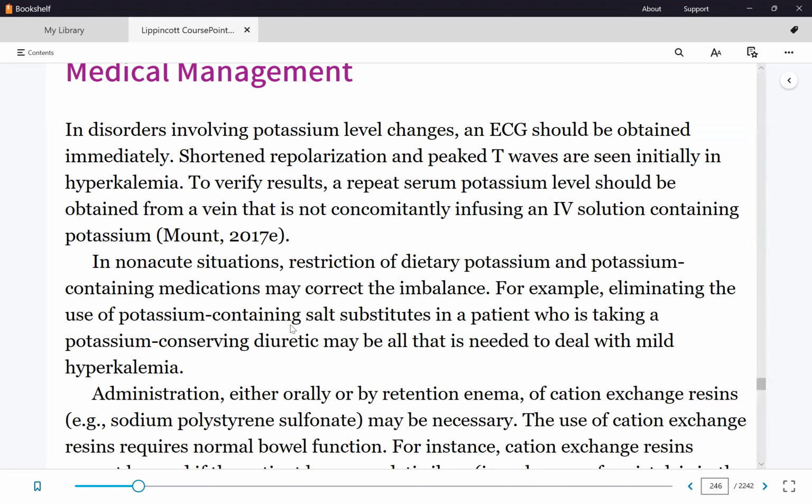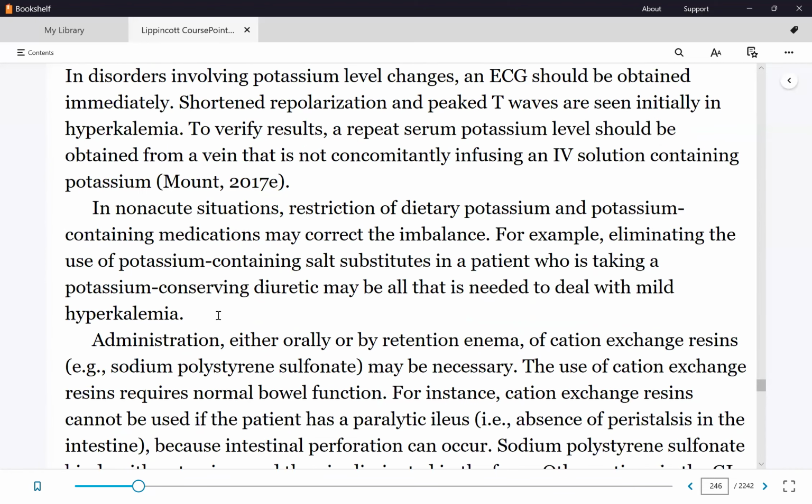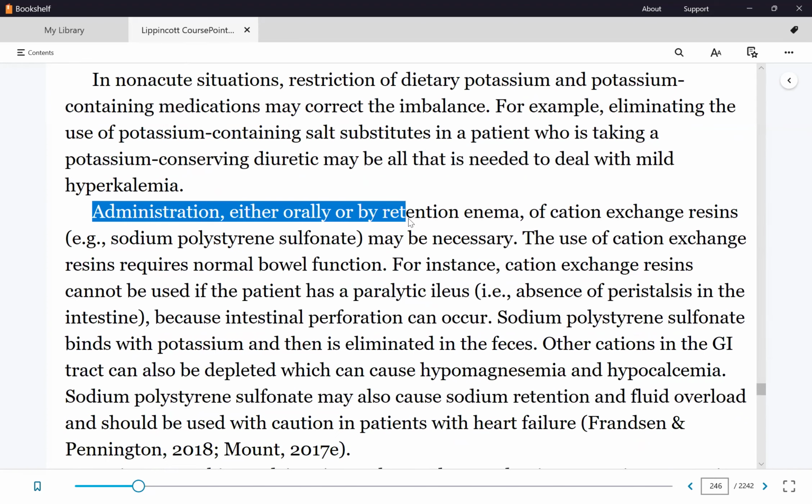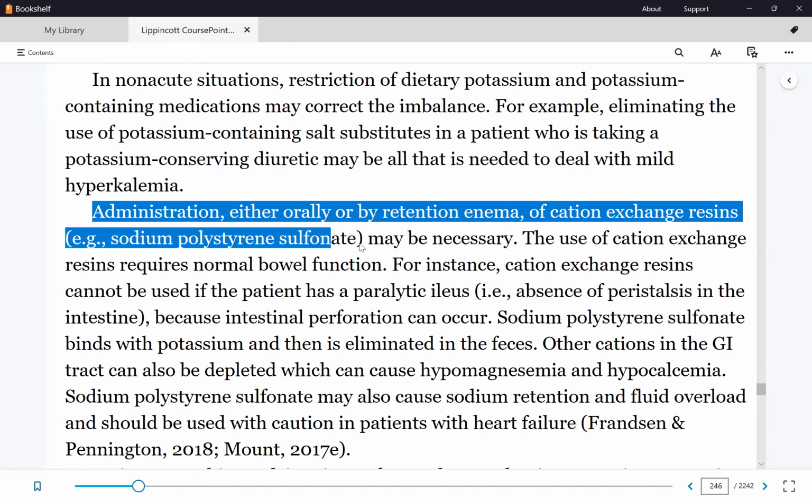In moderate to severe, though, we have to do something. If it's moderate, we can afford to use the elimination of potassium options. Number one is administration orally or through an enema. Resins like SPS. SPS, for those who work in hospitals, this is Kayexalate. The brand is more popular, Kayexalate, but